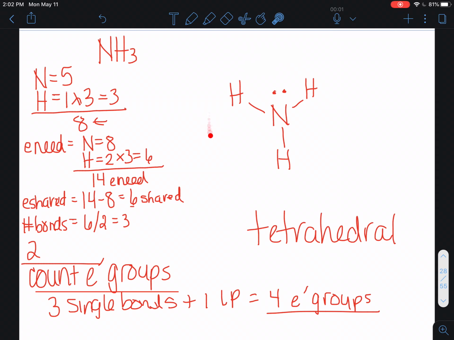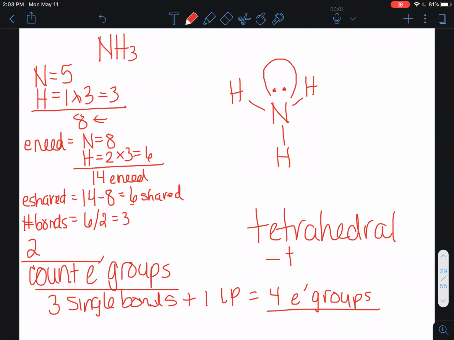But it turns out the 3D shape that this adopts isn't technically tetrahedral. The fact that we have a lone pair right here means that even though we're in the tetrahedral category, it's going to have